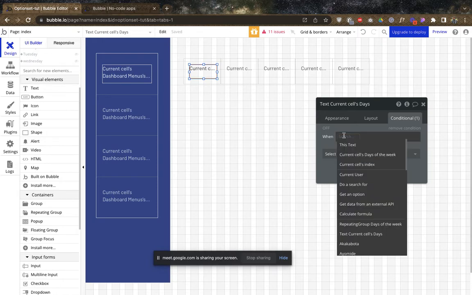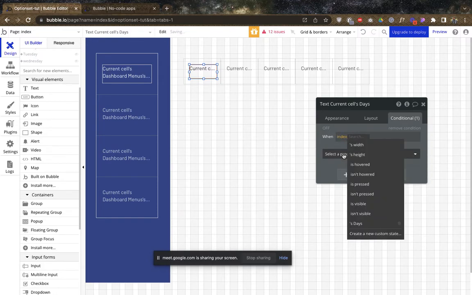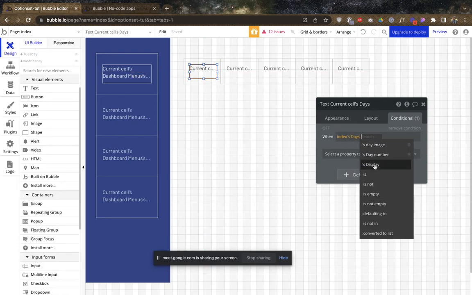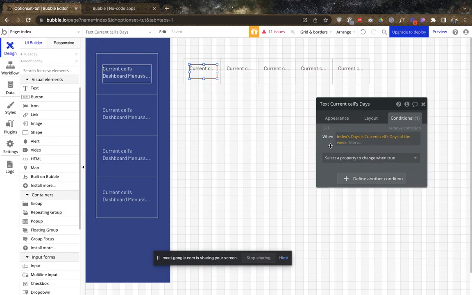So we're going to say when index, that's the name of our page, when index's days is current cell's days of the week. That's what I want to do. So that means when the state of that days is current cell's days of the week, we want to set